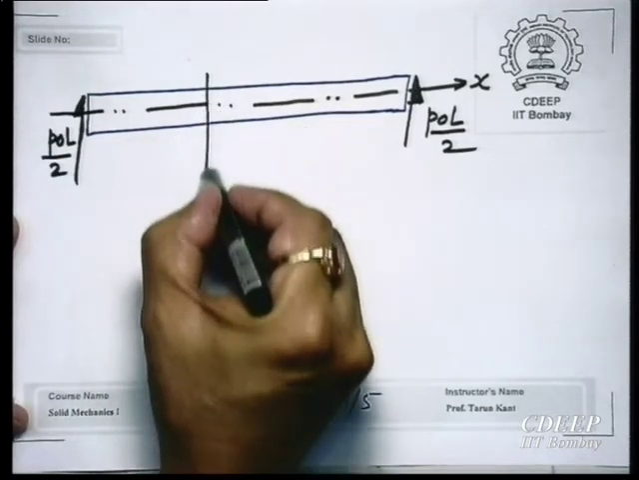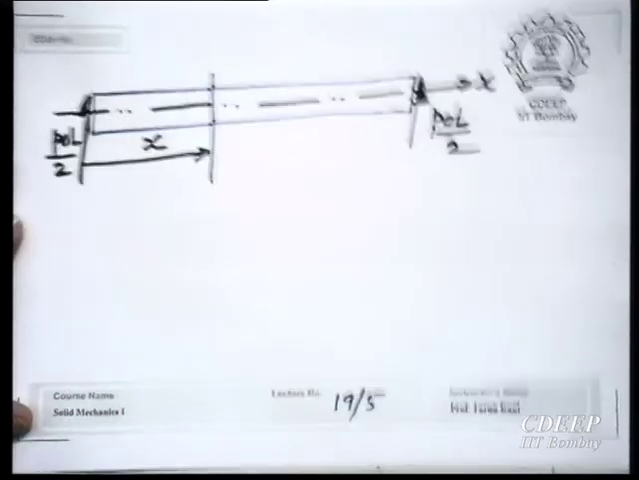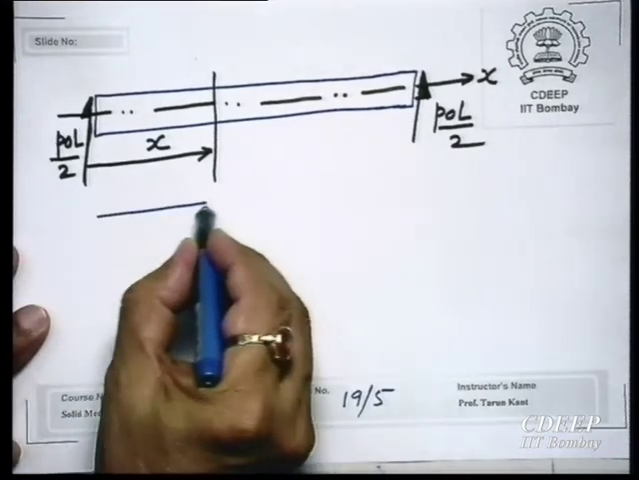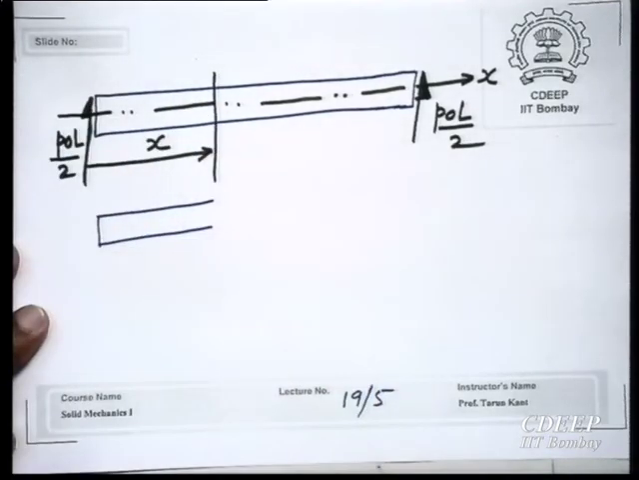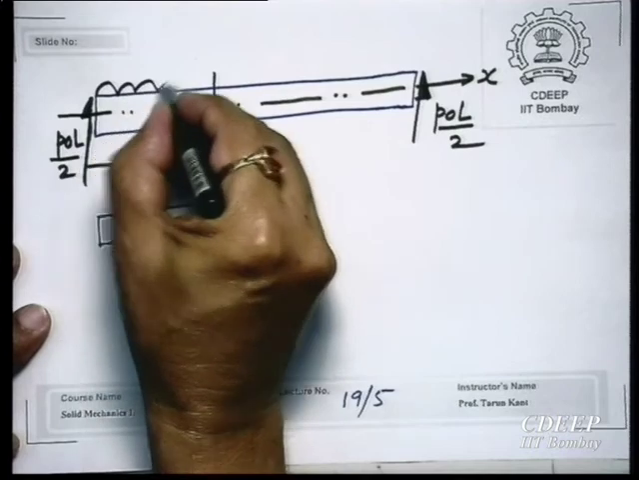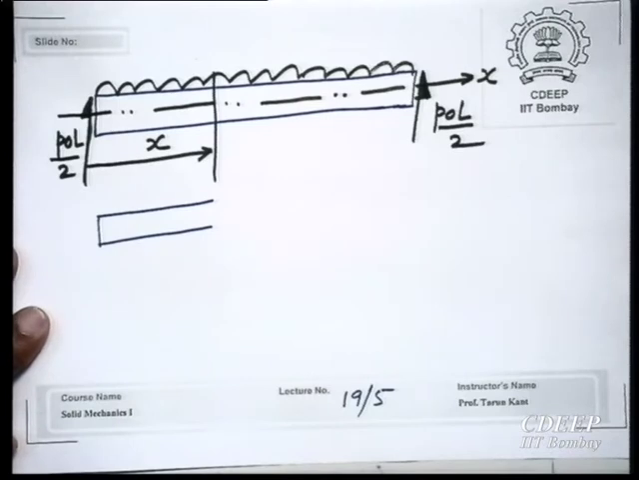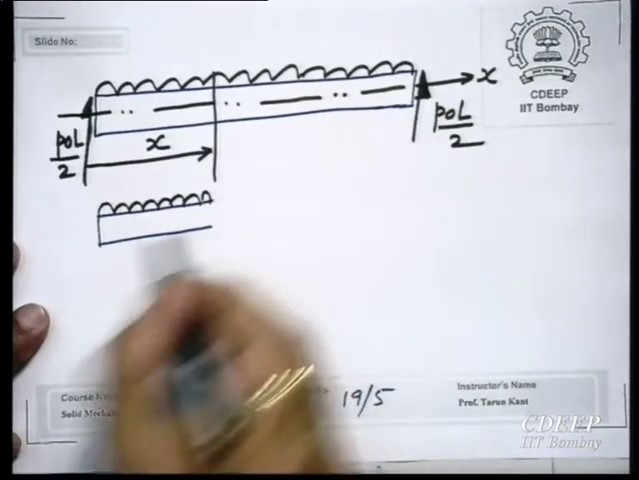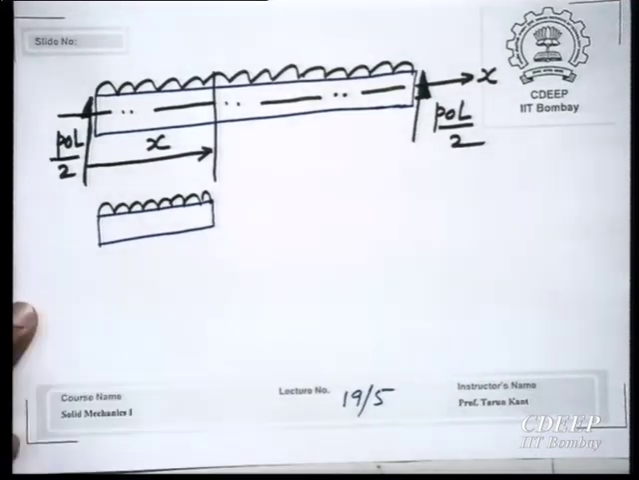Now, let us concentrate on bending moment. I want to find out the bending moment at the cross section x. So, let us again draw the free body diagram of this portion. Of course, there is a load, do not forget to put the load, then only it is in a state of equilibrium. So, there is a load, then reaction,